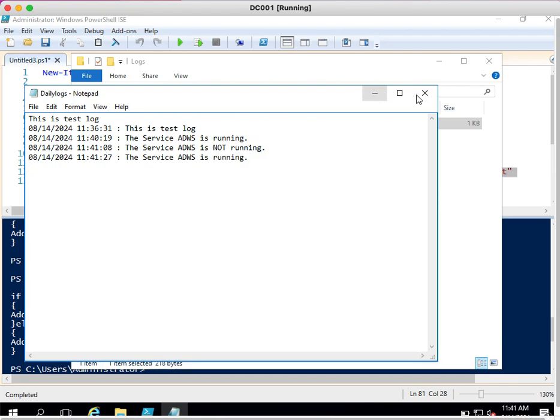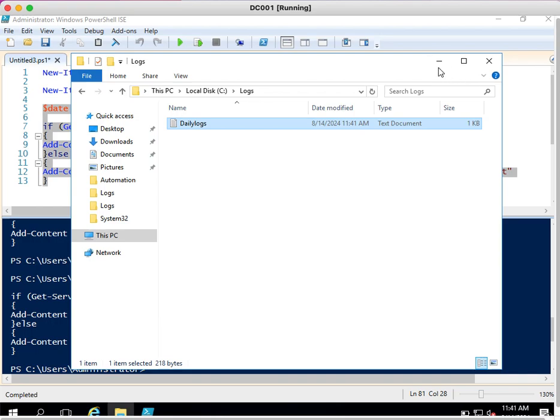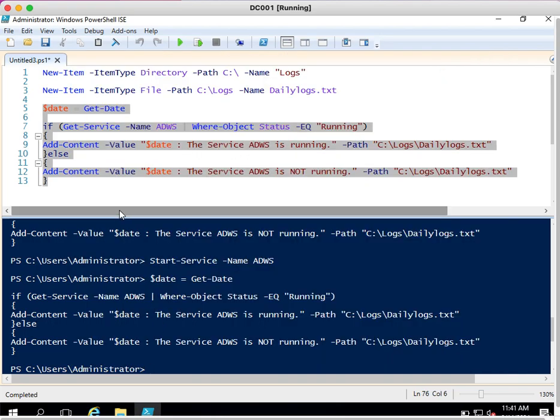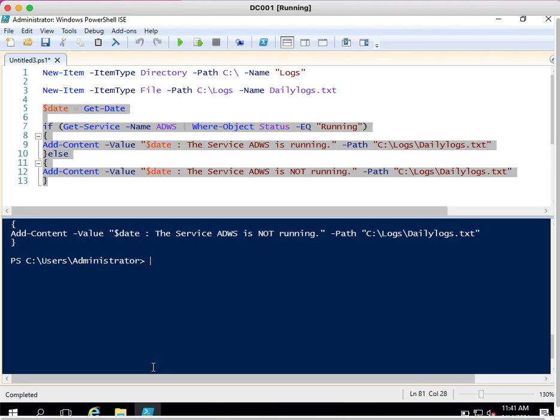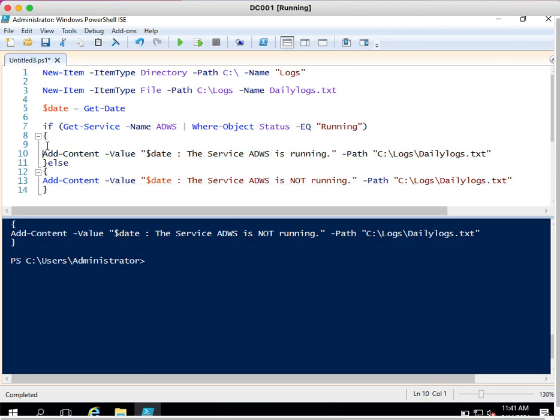Okay. Now I want that to be logged inside the log file, as well as I want to see the output here on the command prompt or PowerShell window. So what I need to do, I just need to type Write-Host. This Write-Host command will provide you the output. If the service is running, this will show us the service